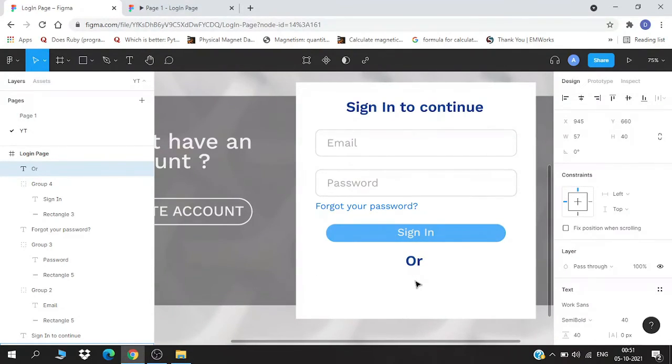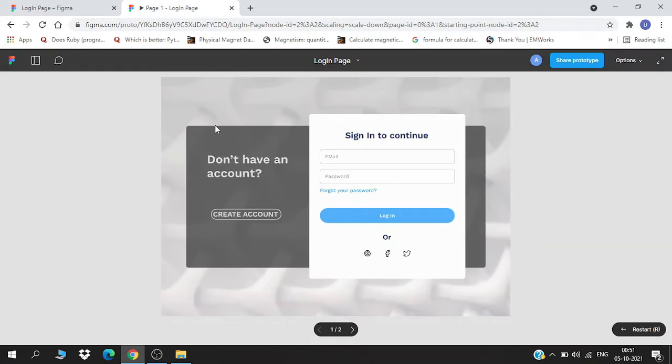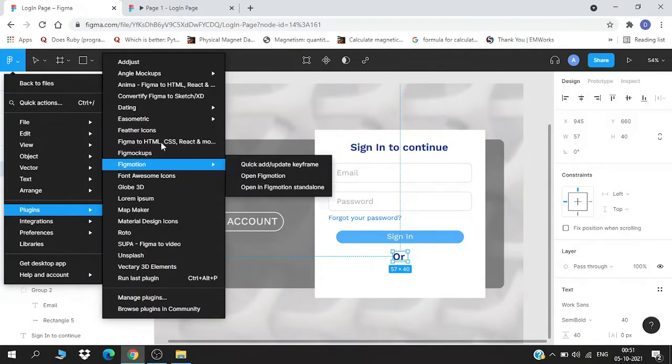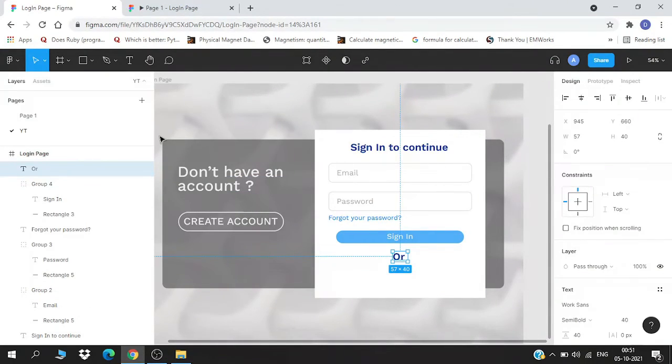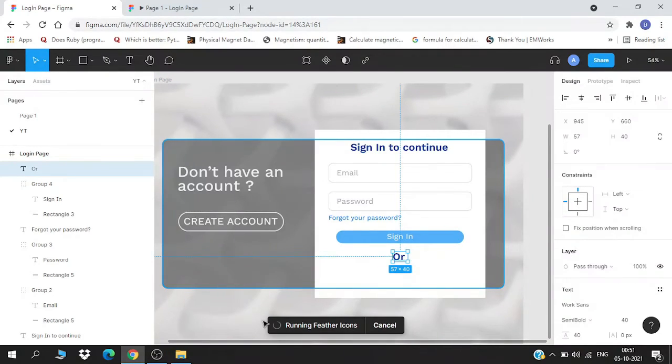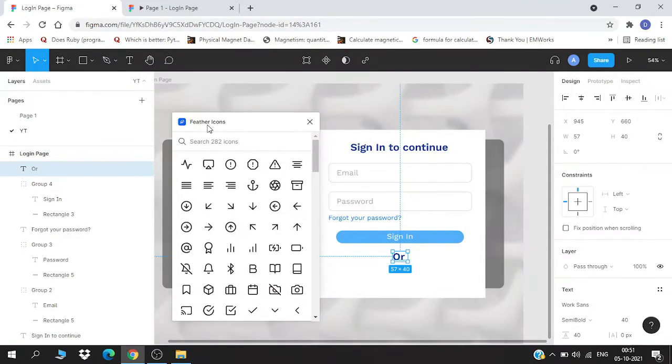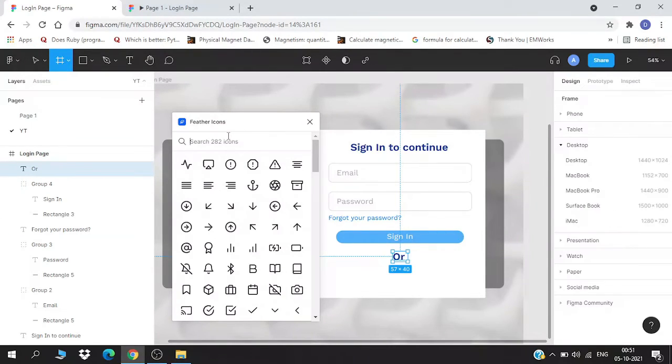Now for these icons we can use our plugin again. I'm going to use this Feather icon plugin. You can just note it down. This one is amazing for the icons. So we have the three login ways: Google, Facebook and Twitter. Let's see for Facebook first.